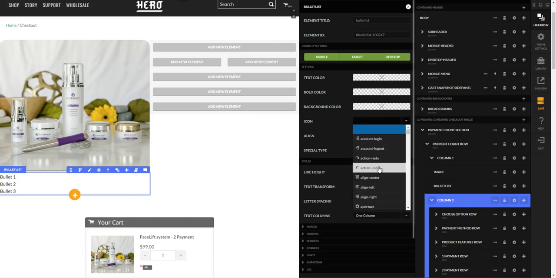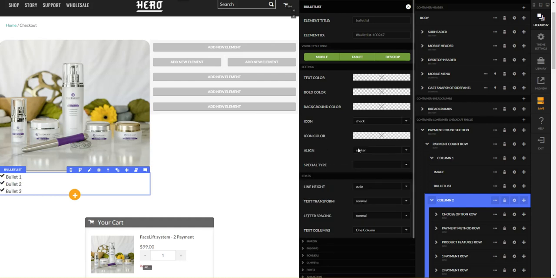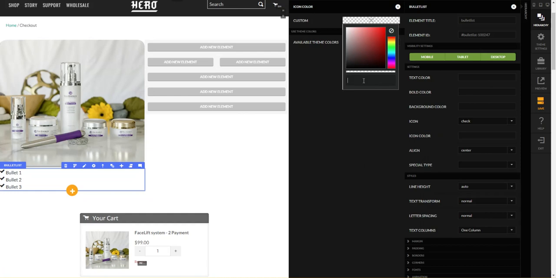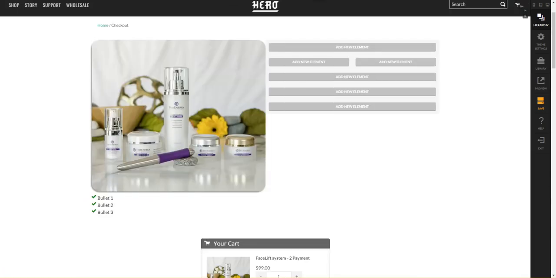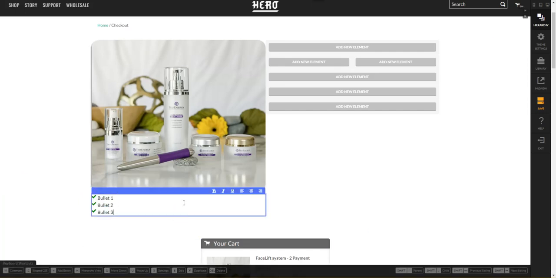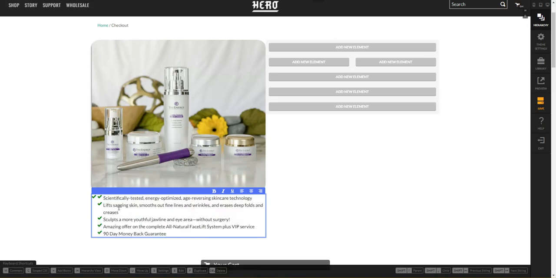And we're going to use the check icon. Make that green. And then let's come out here and double click. That'll get us into edit mode. And I'm just going to paste in